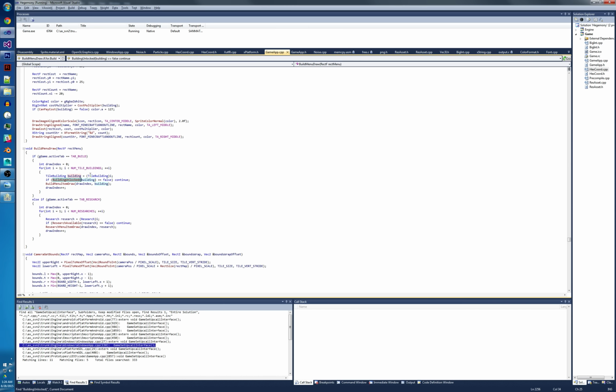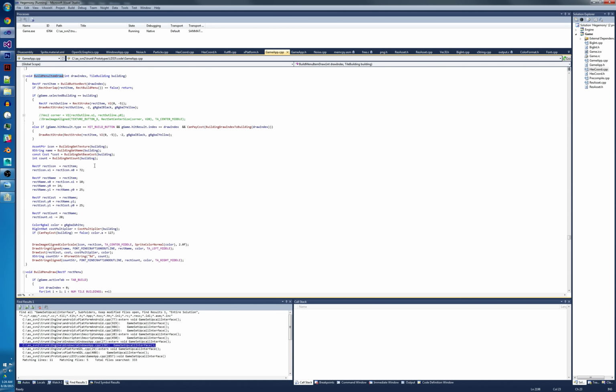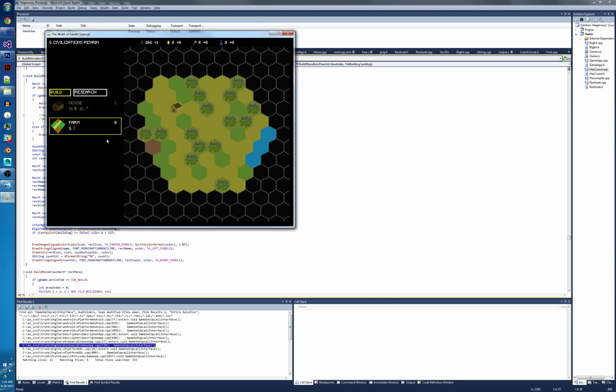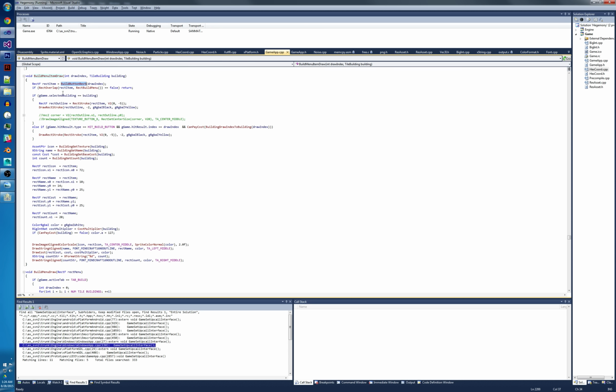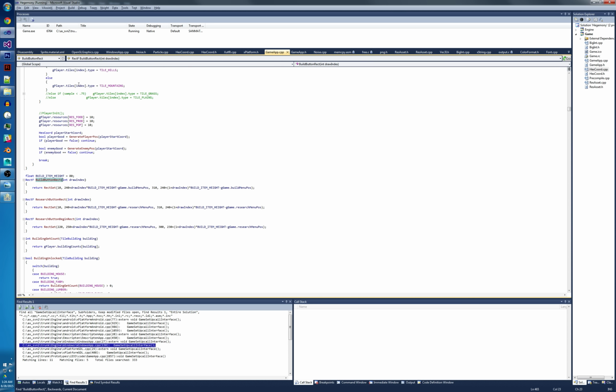Let's look at the draw function. Again, most of this is just computing rectangles and then calling the appropriate draw function. So I have to compute where the rectangles for each of these items are. That's a function of the index here. We can look at that really quick. It is this